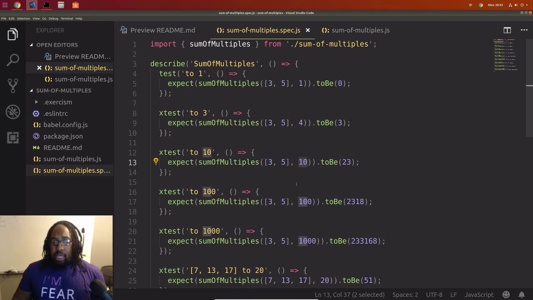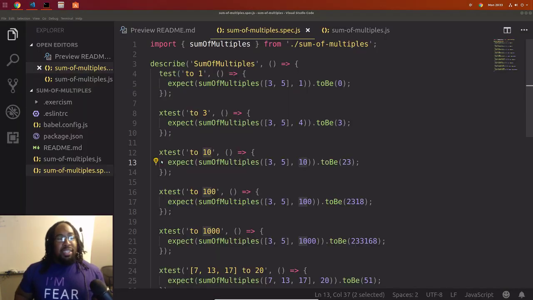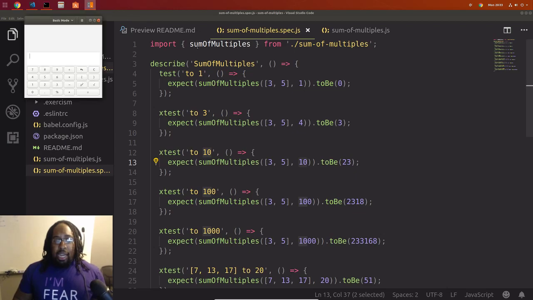So 3 plus 5 is 8, plus 6 is 14. Am I missing something? Plus 9 is 23. I can't do math. Let me look at a calculator. See, this is why I use computers to do my dirty work for me. So we'll bump up this calculator real quick.